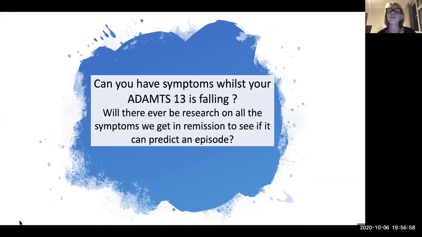Can you have symptoms while your ADAMTS13 is falling? And will there ever be research on all the symptoms we get in remission to see if we can predict an episode? Again, very, very important questions, ones that we have been considering. The only way that you can gather information is to collect information that we can share with you. And certainly now that we're doing the yearly forms that we fill in, and treating more and more patients electively,